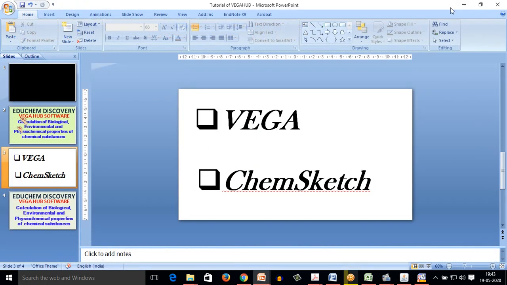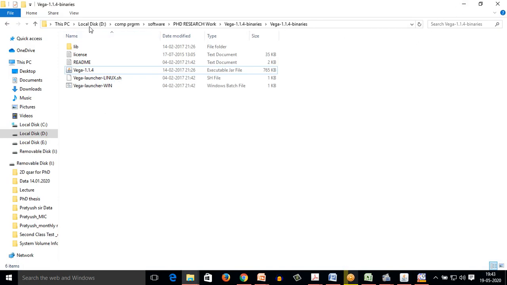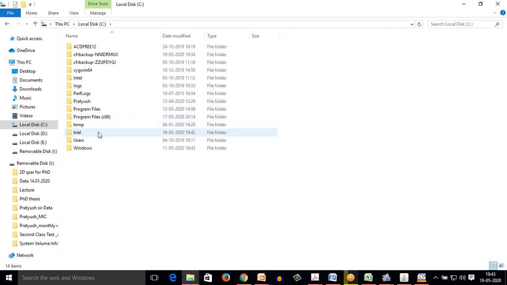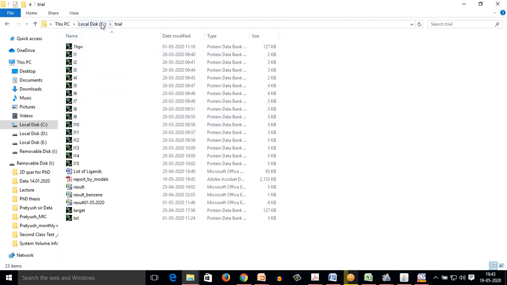Now I need to visualize my result, so I will go to the C drive. If you remember, I saved the result in the C drive trial section. Here you can see that the report by models has been generated, and the date is 19/5/2020 and it is approximately 7:42 PM.